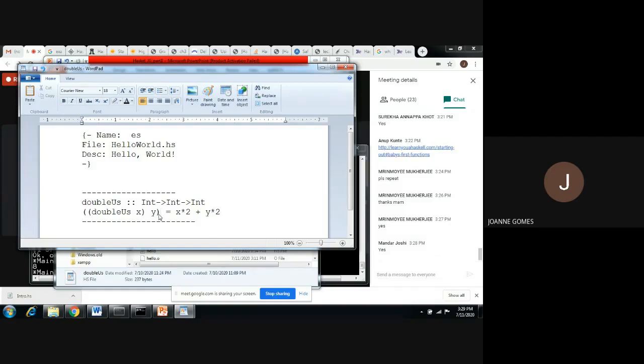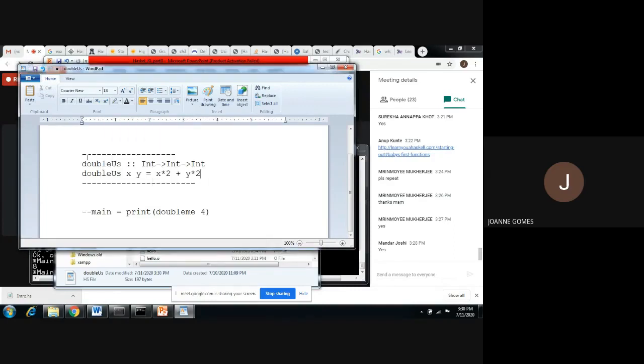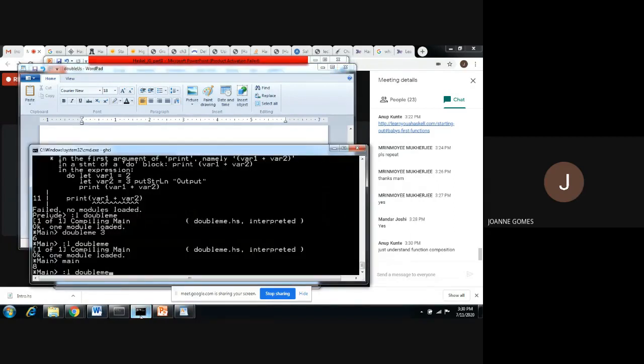So this concept you have to teach students. I'm not going to go into detail here. Okay. So left association and right association we have to teach to students. It is very much given in all the references, books. Okay. So this was our file. I will just save double S. These are just comments. This comment symbol I have used. Let's see it works. Okay. Double S. Let's load the function double S.